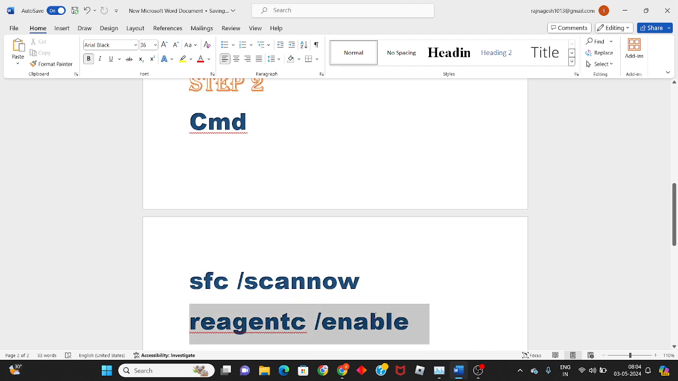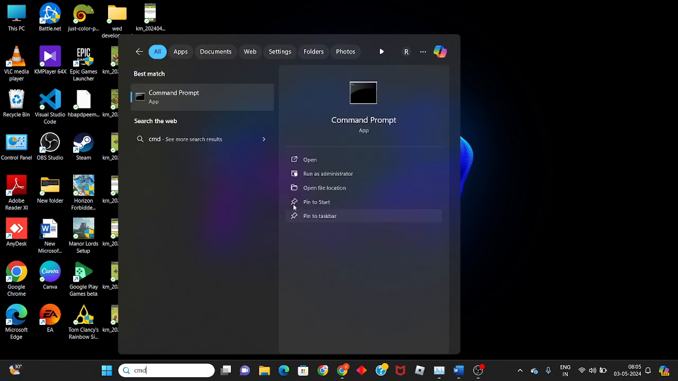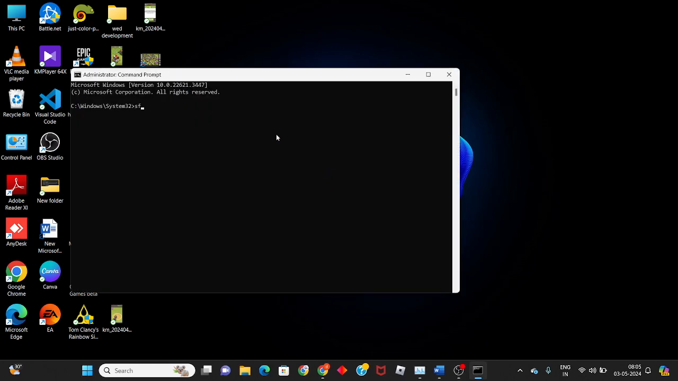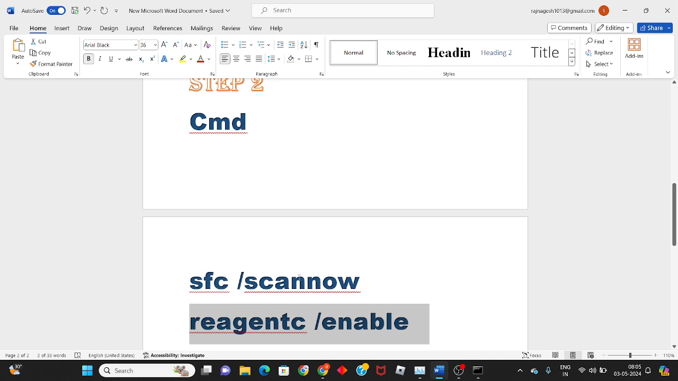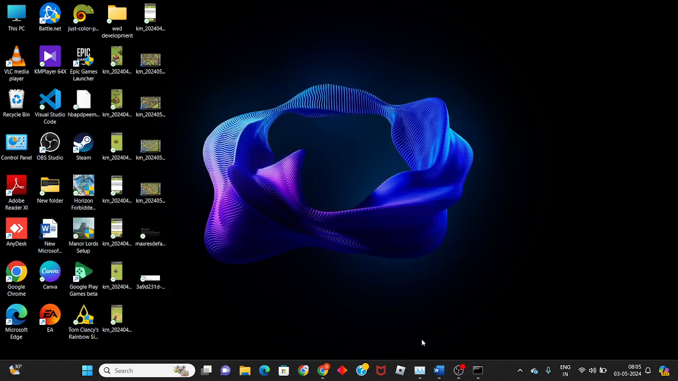Okay, I will copy it. So I will go to the search bar and search for CMD. So you will click run as administrator, and you will paste it, SFC space slash scannow. Yeah, and now you will click enter. Then this is the verification for the 100% process. After it finishes, you will type the second command. Okay, it's processing. Okay, then the third step for